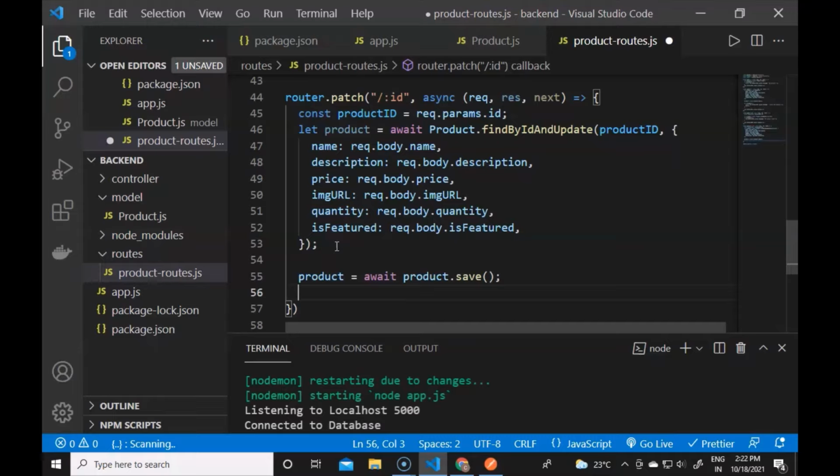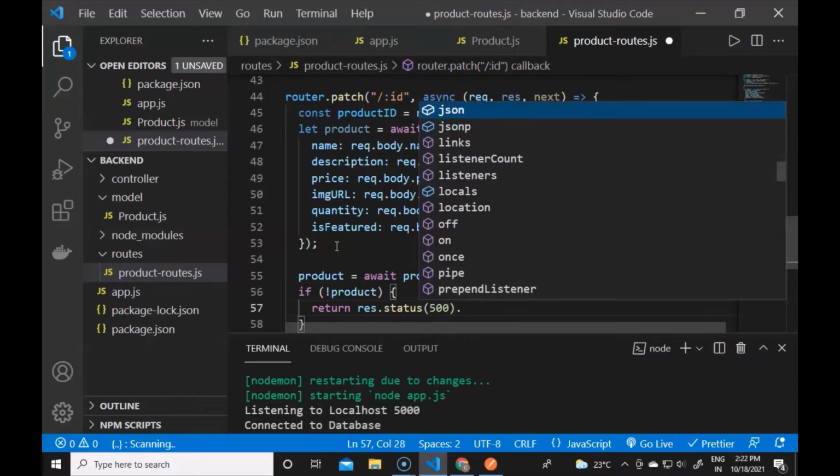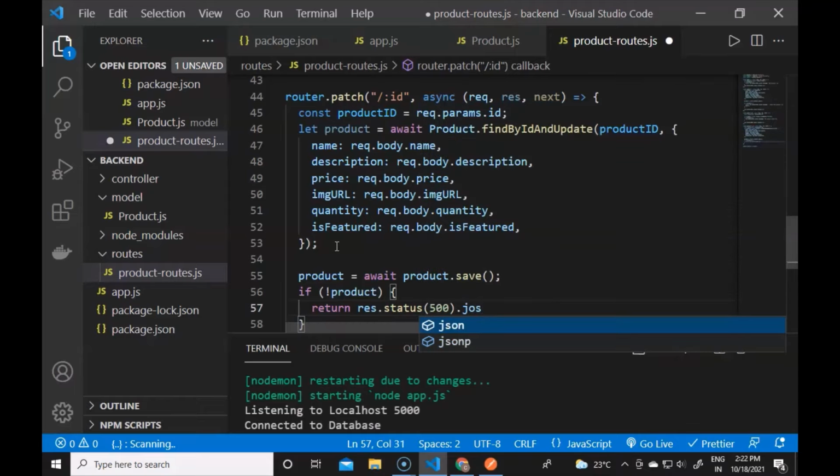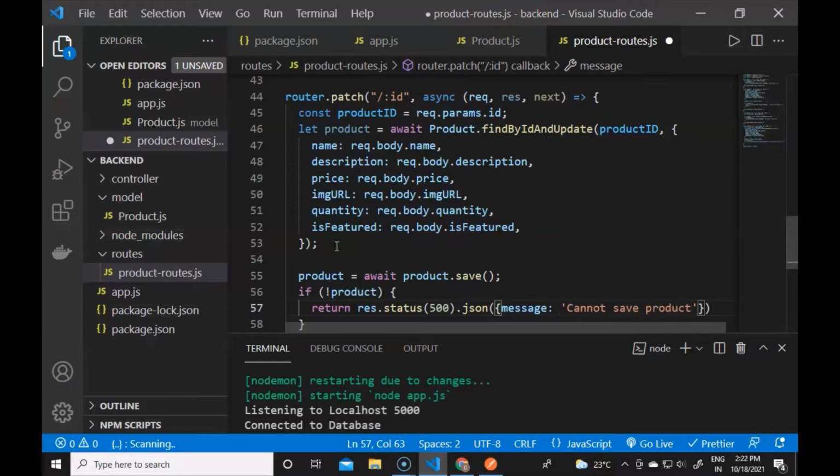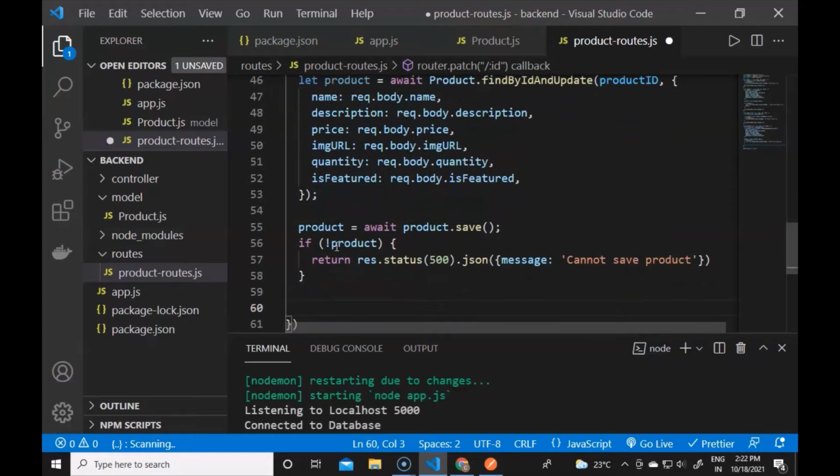Now we will check the validation here: if no product, or if it is a false value, we return response.status 500, an internal server error, and it will send a JSON with a message key, and the value will be 'cannot save product' if there is an error.